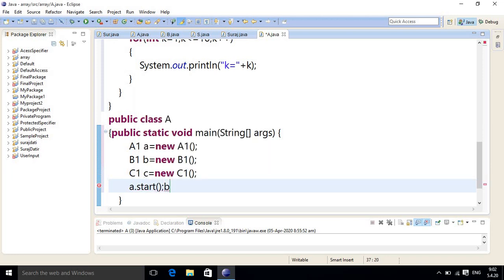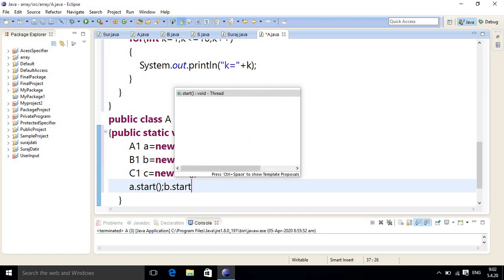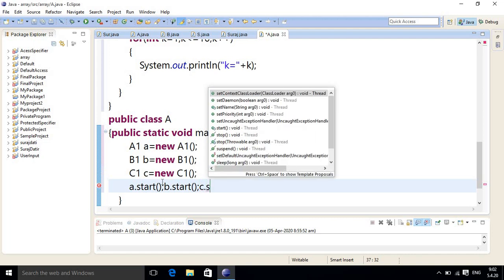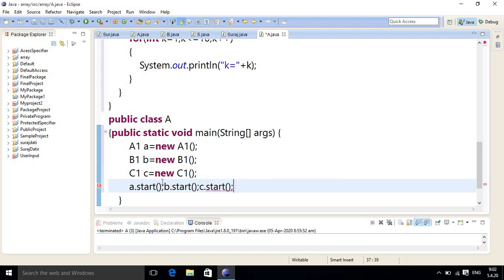Same b dot start method in the program. So these are all the methods which will execute our threads.